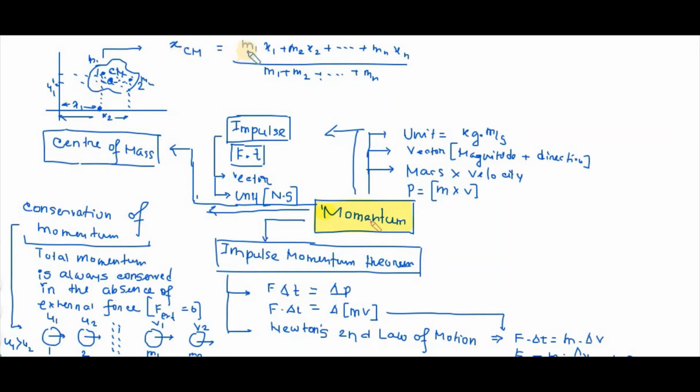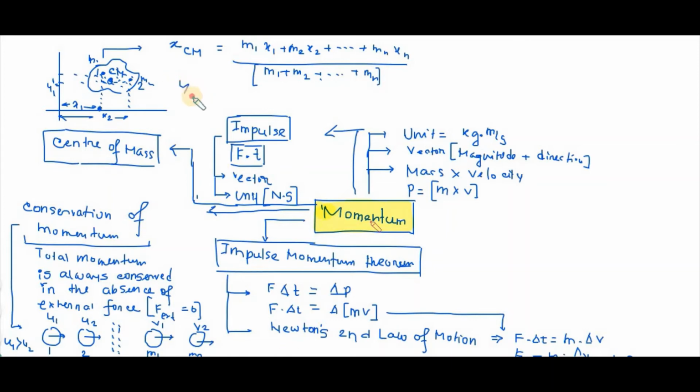Defined this way, the location of the center of mass can be defined with m1 standing for the mass of the first point mass, and x1 representing the position of the object along the x-axis of the coordinate system. So that would be m1 x1 plus m2 x2, like that. If we have n point masses, we do the same for all point masses, upon m1 plus m2 plus dot dot mn, which represents the total mass of the system.